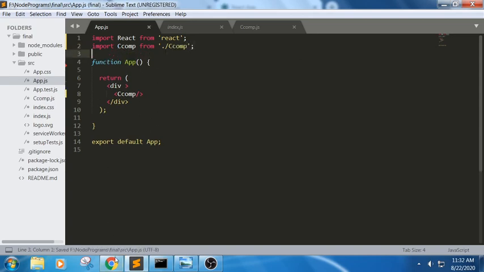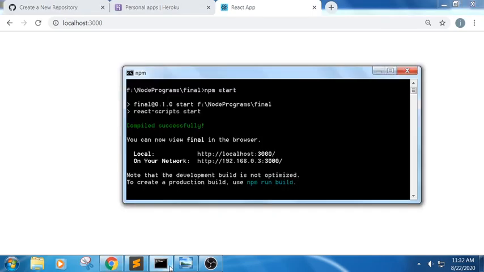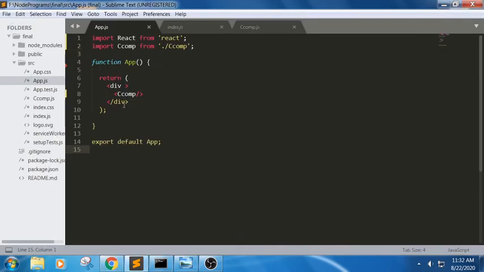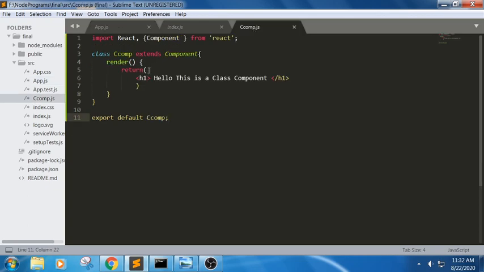So let us see the first output. Did we get any error here? Yes, we got one, so it was not running. So we got a class component. In this class component, we need to import a library. Next we need to extend it, and we will have a render and a return statement. So this is how we will write a basic class component.